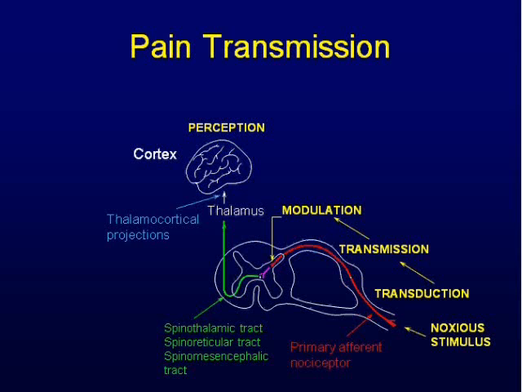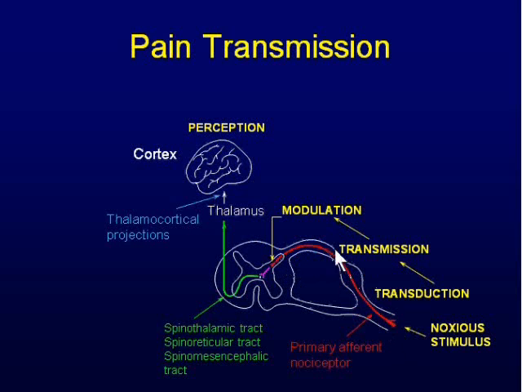Please refer to your notes as we review basic pain transmission. Now, when a painful stimulus or a noxious stimulus is applied to the periphery, it's transduced through one of several receptors, whether it's a heat receptor, a cold receptor, or an acid-sensing ion channel, or a bare nerve ending for painful stimuli. It's then transmitted through either an A delta or a C fiber to the